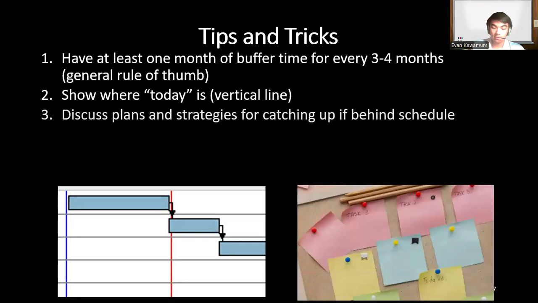Another important tip and trick is you want to discuss your plan and strategies, especially if you think you're going to be behind schedule, or if you're already behind schedule. What is a catch-up plan? And it's even better to have some foresight to avoid falling behind schedule and to discuss plans and strategies to maintain your schedule or to catch up or speed up to make sure that you can meet your deadlines